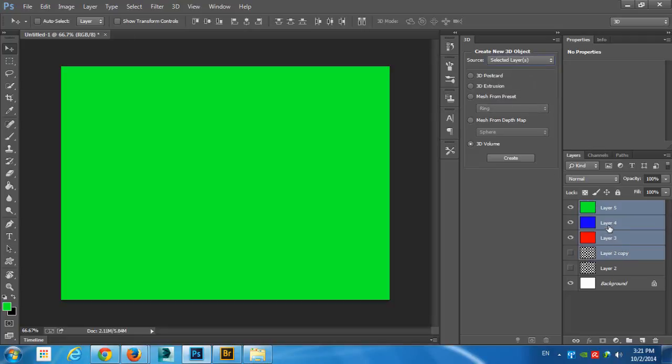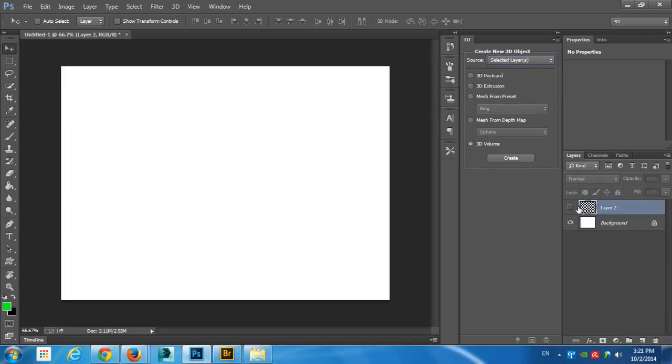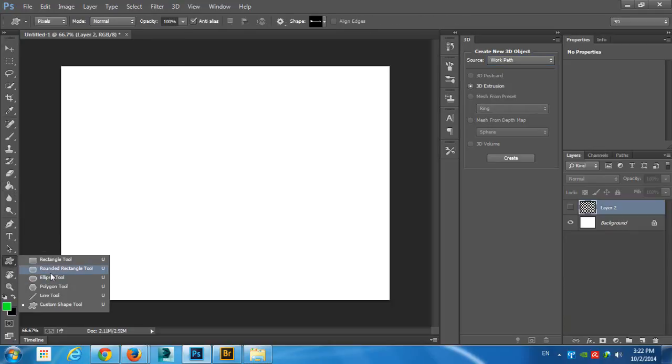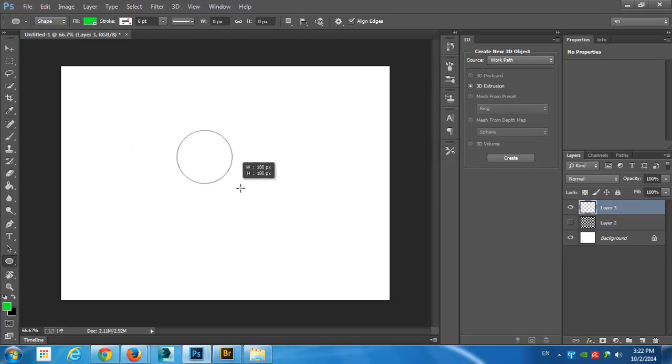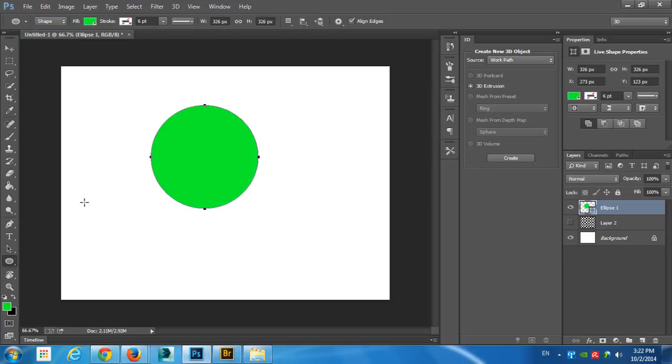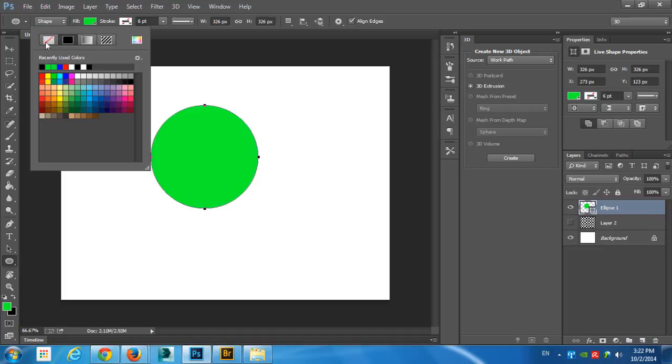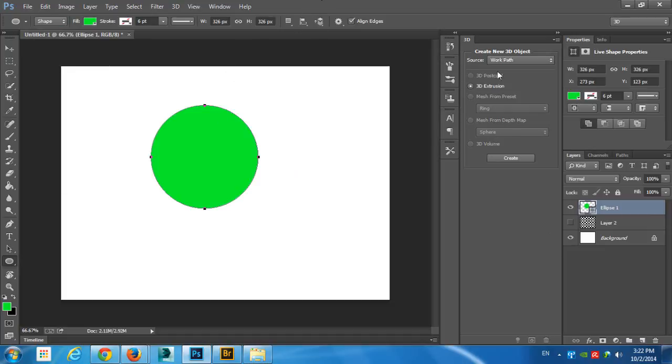So let's see the other ones. Let's delete this. Okay, so work path. You can see you don't have all the options available when you select work path. You only have 3D extrusion. What that will do is take your path. For example, let's create something like this one. Okay, new layer. Okay, this is pixels. That's why I was wondering why it didn't go ahead and create it. So let's just, okay, I'm going to leave it this way, and I'm going to